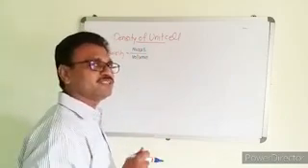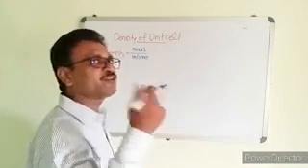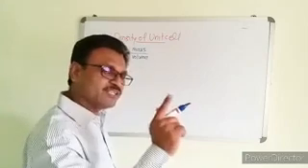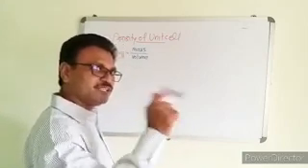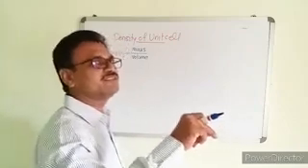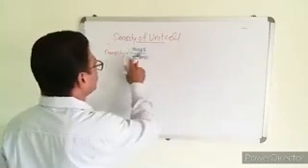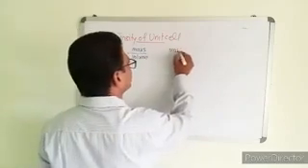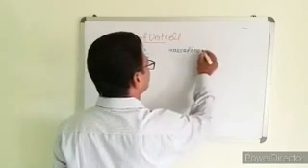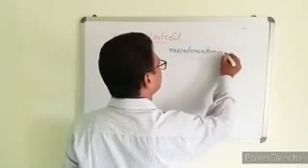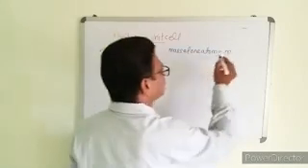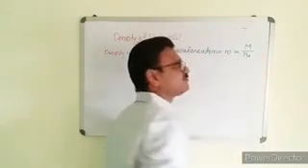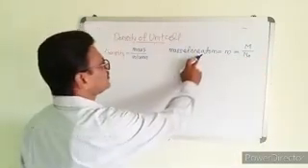And the unit cells are of 3 types, having different numbers of atoms. So mass of unit cell means mass of one atom multiplied by the total number of atoms in the unit cell. Before calculating this, we should know the mass of one atom. Mass of one atom, that is equal to m, and this mass of one atom is equal to molar mass upon Avogadro number.